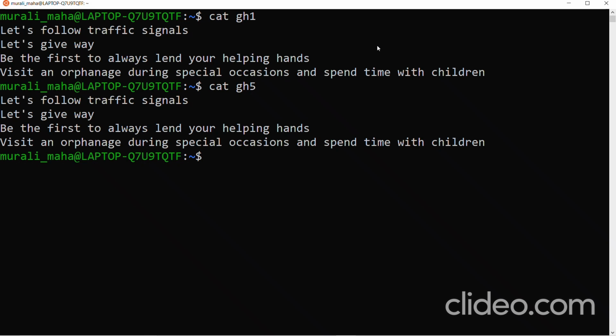As tee can read input from the keyboard, input can be given to tee in the form of input redirection, and also in the form of pipe. It writes not only to one file; to any number of files you specify, tee will write its output, and in addition it will write to the monitor also. This is the significance of the tee command.